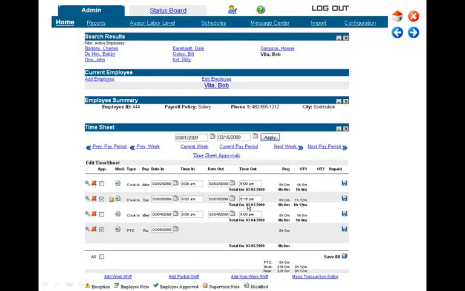Now, since we modified their time from the original, this modify icon will pop up. And what that does is track an audit trail for you. That'll tell you who made the change, what time and date they made the change, and exactly what that change was. We also have the supervisor approval process, which allows you to check them off one at a time, check off the all box, which does all of these, or we can come over here to the timesheet approval section, click on that,